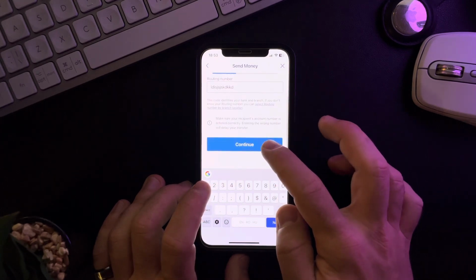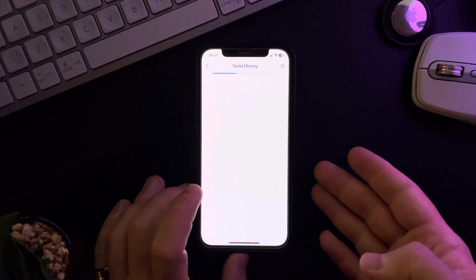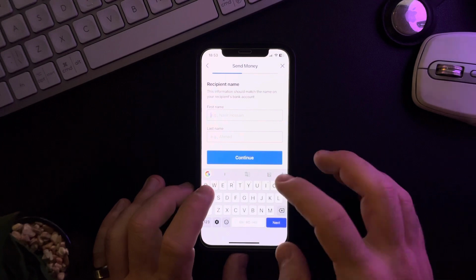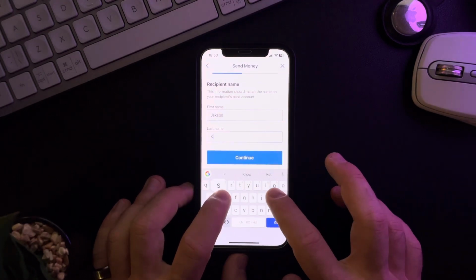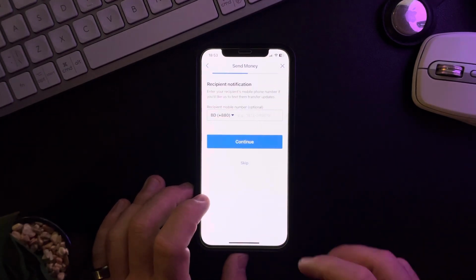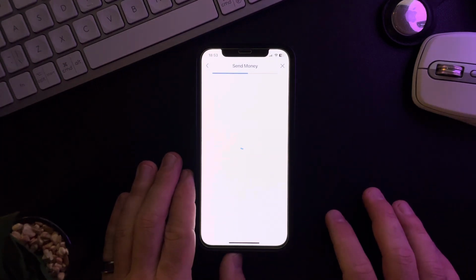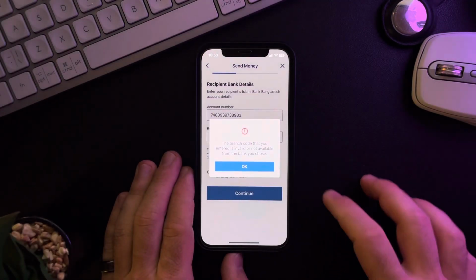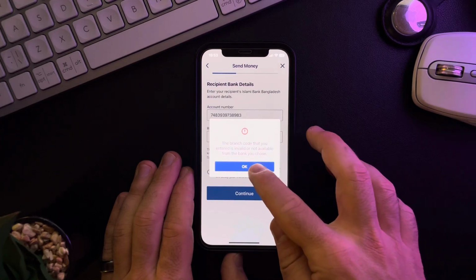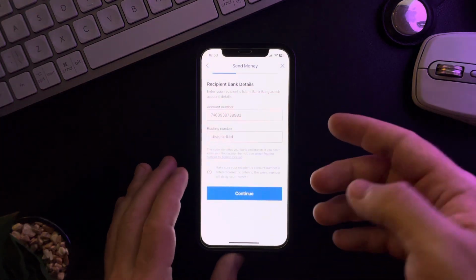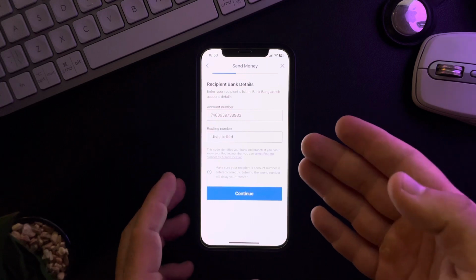You can just add your debit or credit card details. As you can see, the recipient's name and last name. Tap on continue. You can also add the phone number if you want, but you can also skip this. And after that, obviously the branch code is not correct, so I cannot continue from here, but basically you just